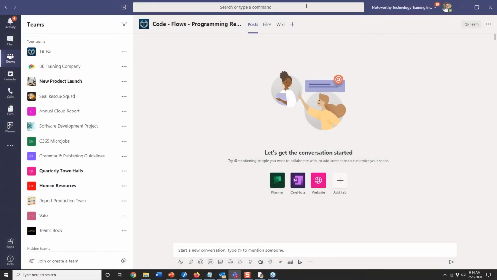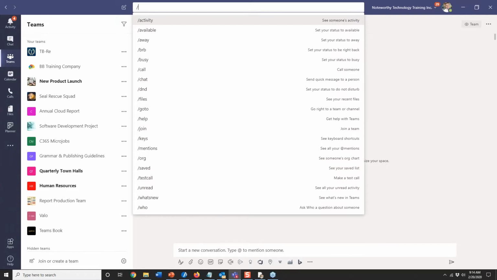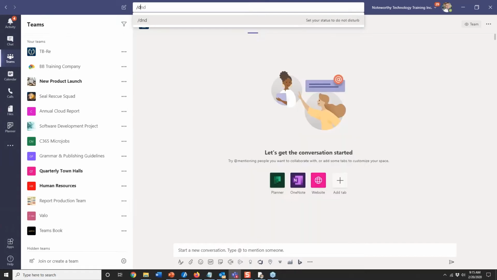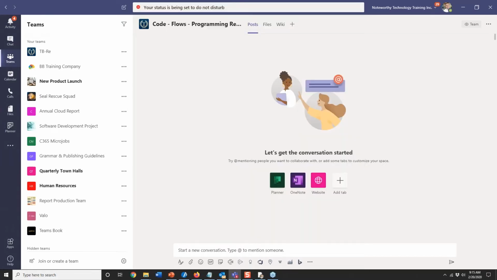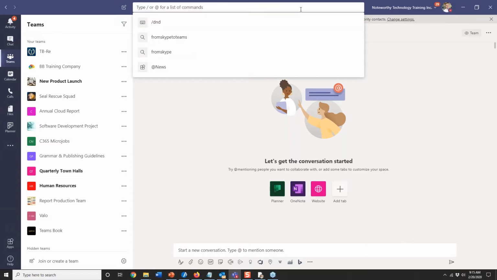So at the very top of the application is just this unified slash command, and when I say slash, there's some pre-built shortcuts. Some people love shortcuts because they're just very fast on the keyboard and you can type really quick. If you needed to change your status, like I could do this, set myself to do not disturb because I'm in the middle of a presentation,